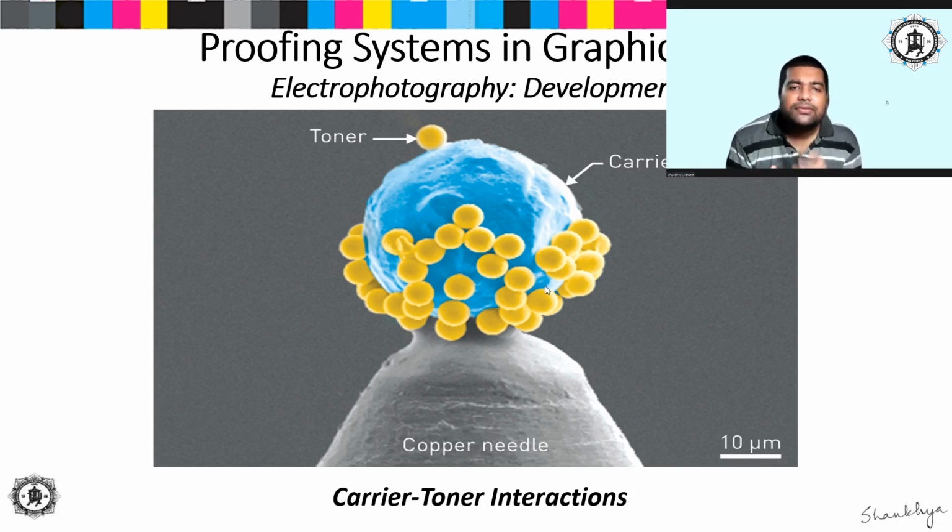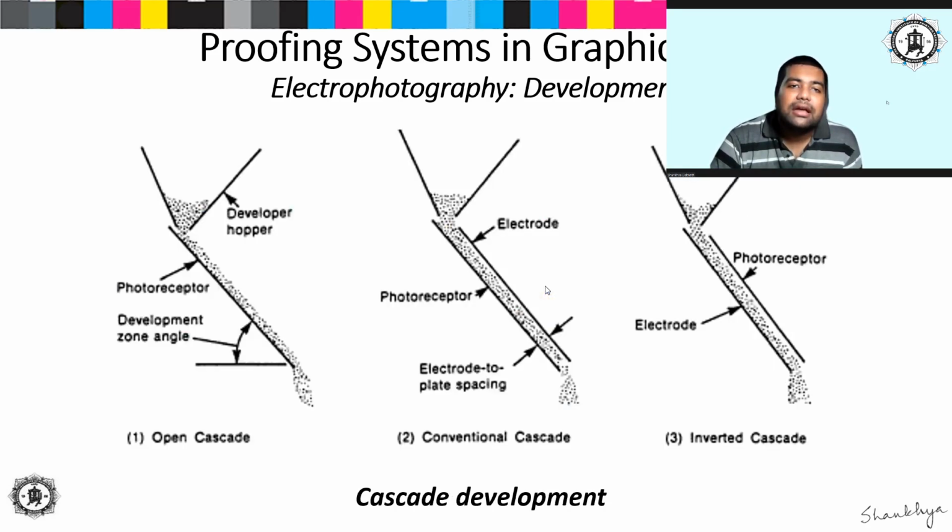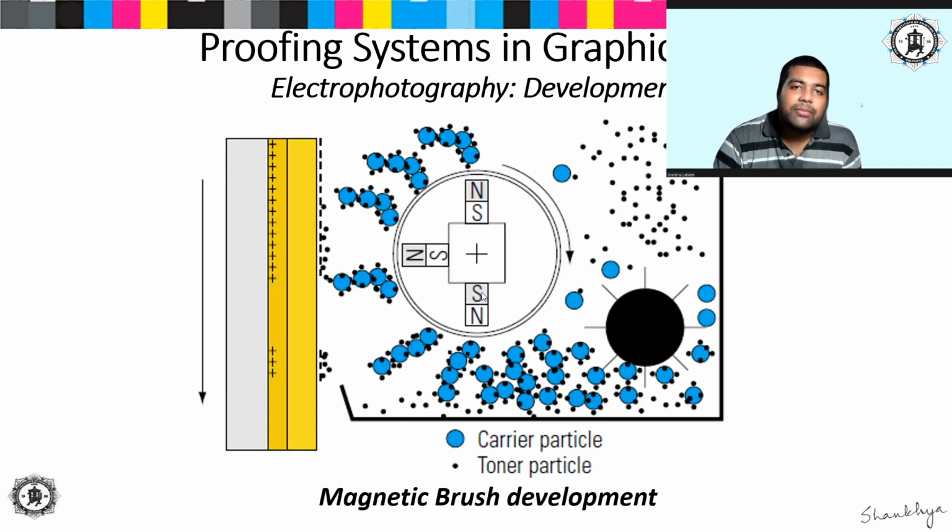Triboelectricity is very much similar to static electricity. If particles come in contact with each other and are agitated, the particle which is more electronegative will get the higher amount of charge. This is how the toner particles get a negative charge. When they come in contact with the photoconductive drum, the image areas in the drum attract the oppositely charged toner particles, and these toner particles settle down on the image areas of the photoconductive drum.